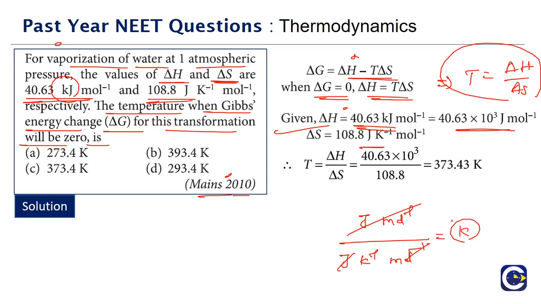So if you simplify this, what is the temperature we are going to get? We will get 373.43. And like equilibrium and electrostatics, there will be some numerically challenging questions in thermodynamics also. When I say numerically challenging, I am not talking about tough or advanced level questions. All that I am talking about is the questions where we have to be doing these multiplication, division, addition, subtraction part. Okay, so we must also practice these aspects. Clear? So the correct answer for this is what? Option C, which is 373.4 Kelvin.